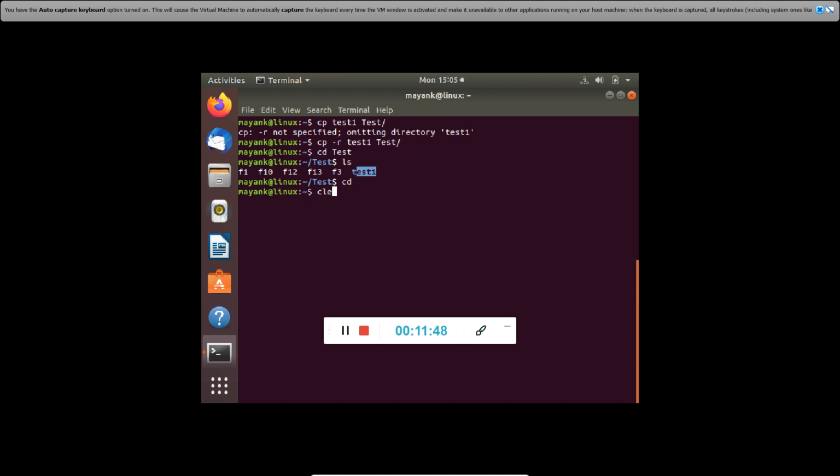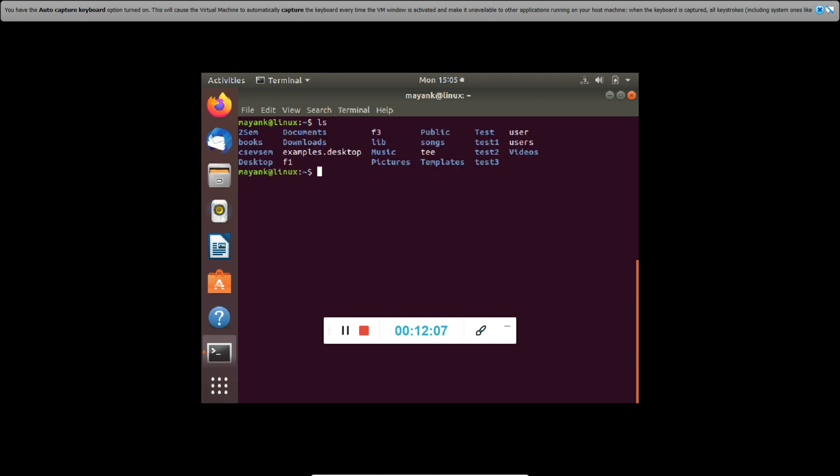Similarly, there is a very useful command which is known as the mv command. The mv command is for moving a file. It is also for cutting a file, renaming it and sending it to some different place. For example, if I just want to rename a file in the same place, let me list: f1 and f3. These are the 2 files I have, and I want to move f1 from this place to the same place, just with a different name, and I call it f10. So f1 would be renamed to f10 this time.